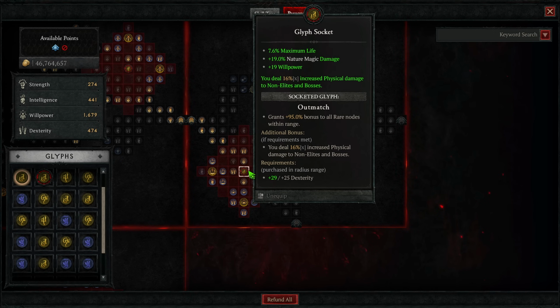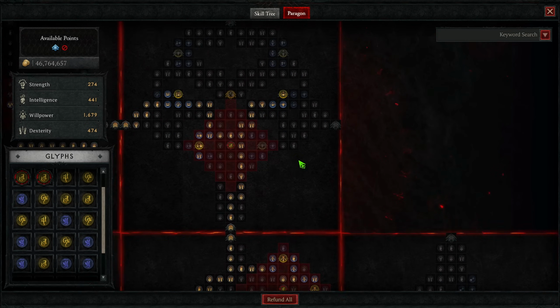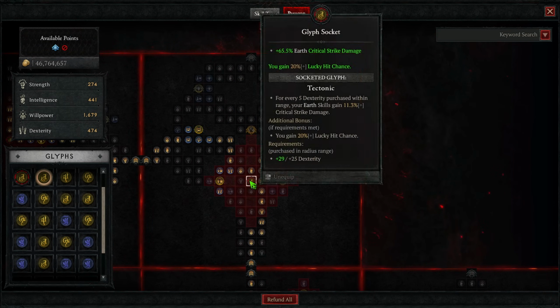And what's really good about this one is we'll be getting some pretty big max life increases. We'll also get some nature damage and some increased willpower. Then we're going back over, we're going back up, and we're taking the Inner Beast board. The glyph we're taking is Tectonic, an increase to our Earth critical strike damage, but more importantly, we gain 20%